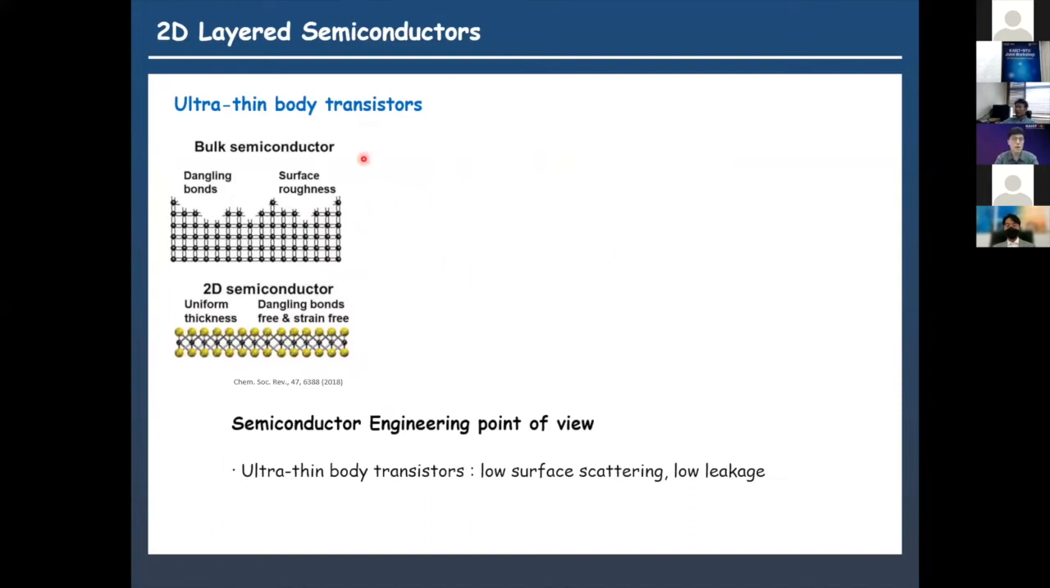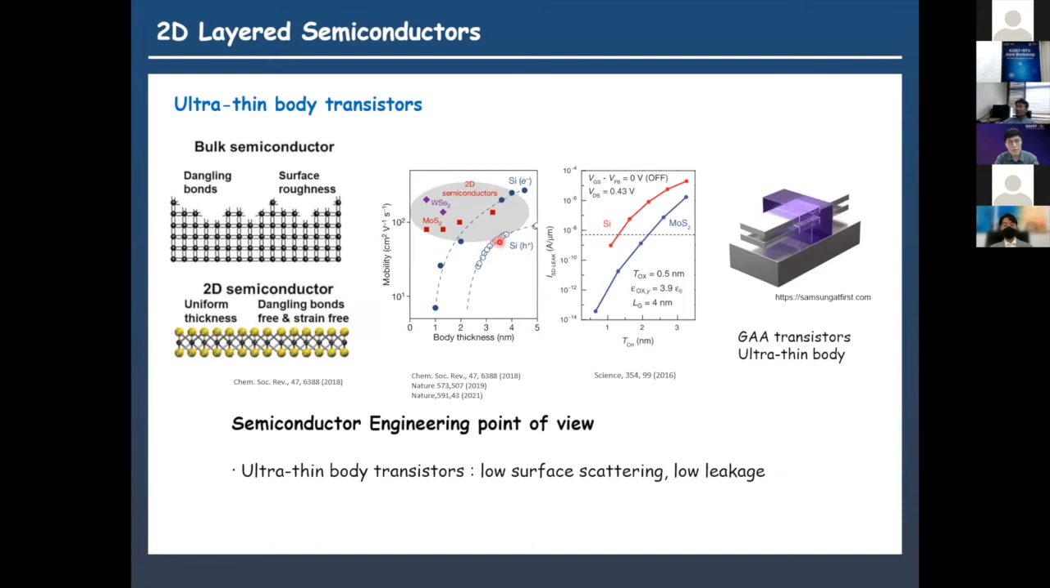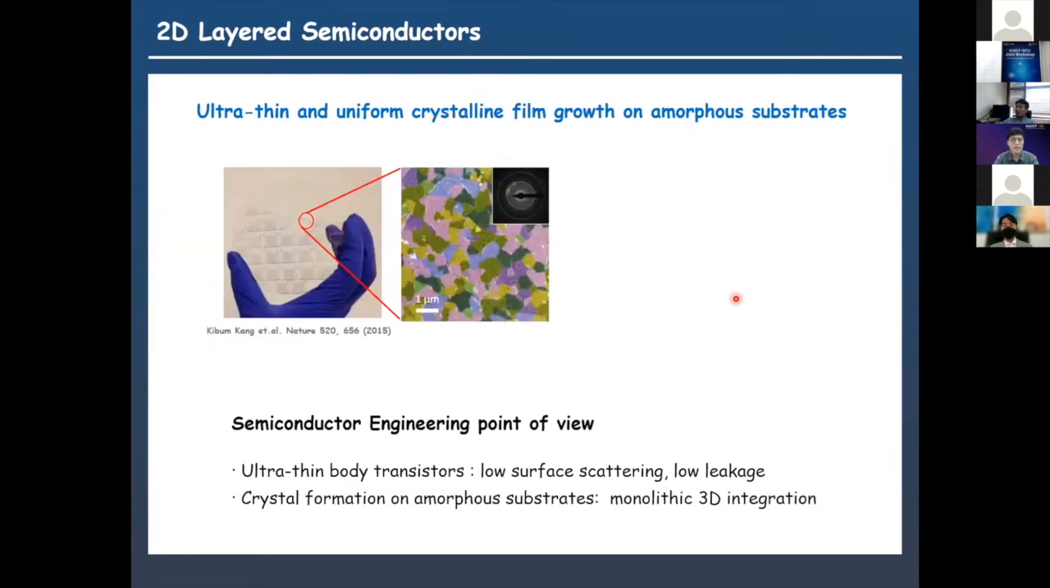And from the semiconductor application point of view, this layered structure has a great advantage. For example, compared to silicon, a 2D layered semiconductor doesn't have dangling bonds, and this dangling-bond-free surface can minimize surface scattering. Therefore, the mobility decay depending on the thickness and the leakage current in the thin channel can be suppressed, which is required for next generation semiconductors, such as the gate-all-around transistor or ultra-thin body transistor. And the second advantage is